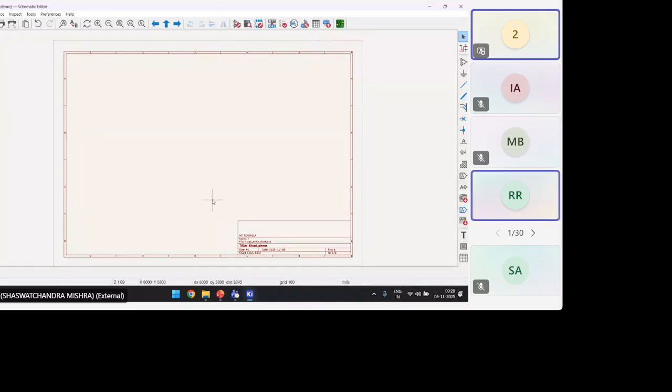So you can see there is a plus sign on our cursor. It is actually called a crosshair. If you have played any games, you might have seen the crosshair on any gun you are using. This is similar to that. On the right hand side, you can see there is an open symbol. If you click on it,